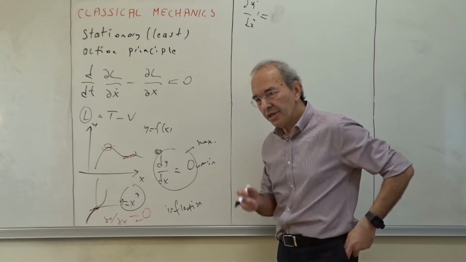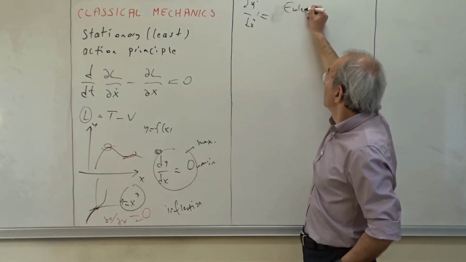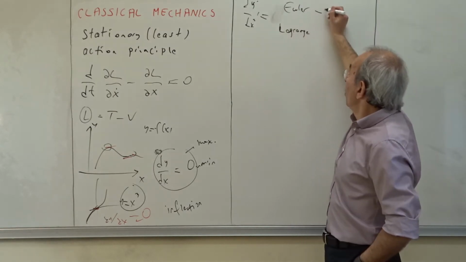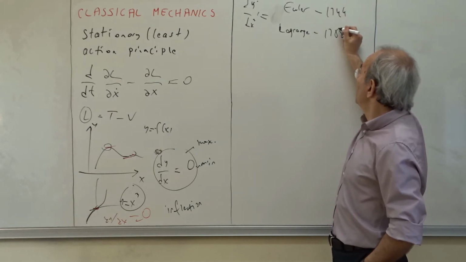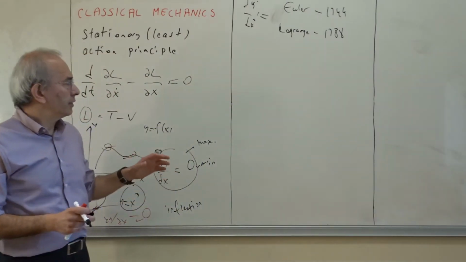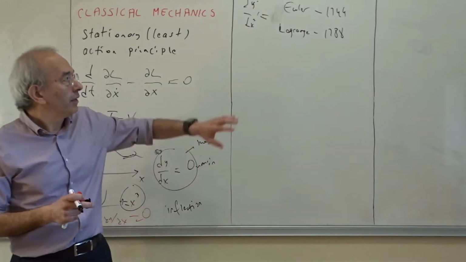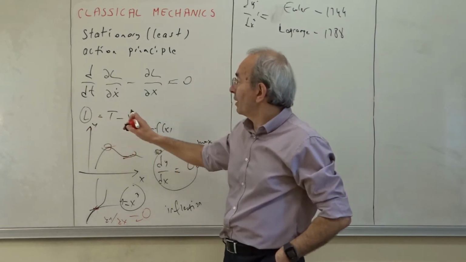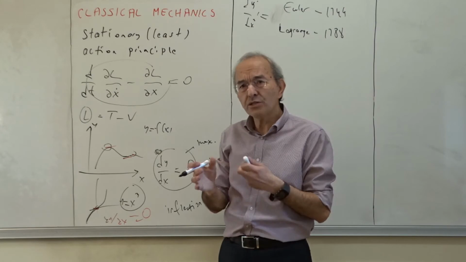In the history of science, Euler in 1744 and Lagrange in 1788 found out these subtleties, these details of those functions. So it is also called the Euler-Lagrange equation, sometimes just the Euler-Lagrange equation. In the case of Euler's analysis,